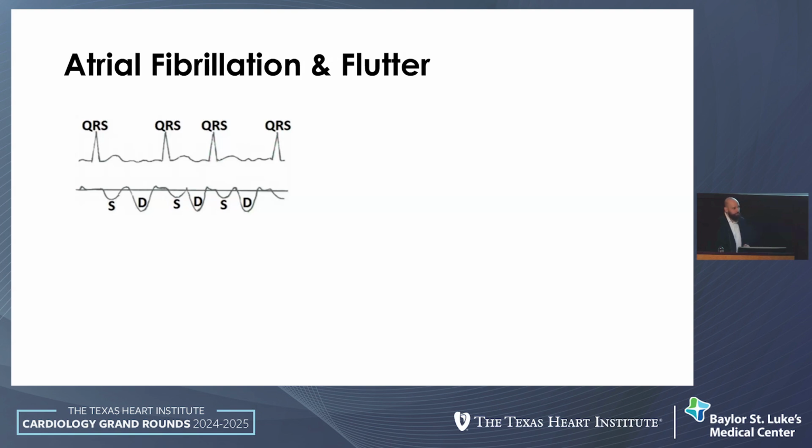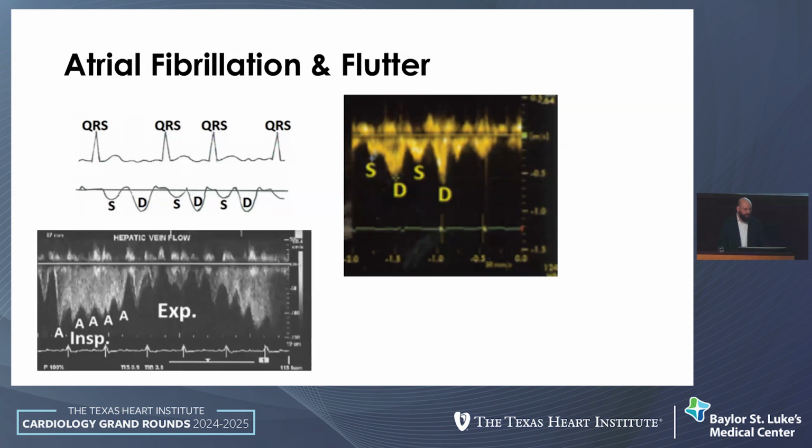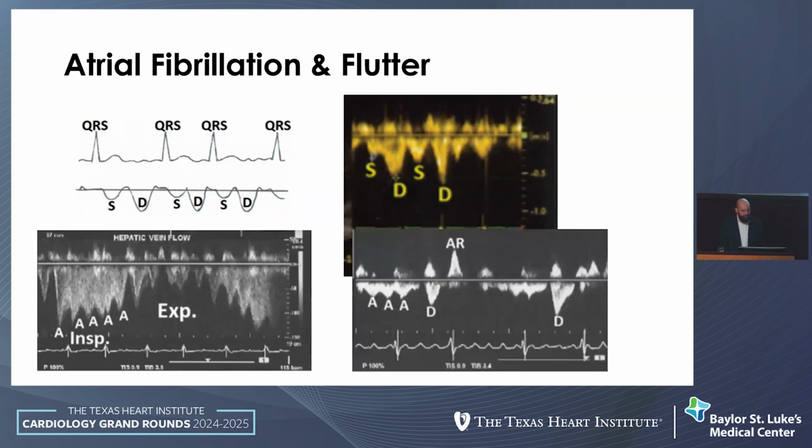If you look at this, you may chart this as systolic blunting, but this has nothing to do with the tricuspid valve. This has everything to do with loss of atrial kick. And here's an example of someone with atrial fibrillation and clearly blunting or abnormalities of hepatic vein. If you were to use the VEXUS scoring system, you would have given an extra point for abnormality when this is actually due to AFib. Example where you can actually pick up flutter waves,